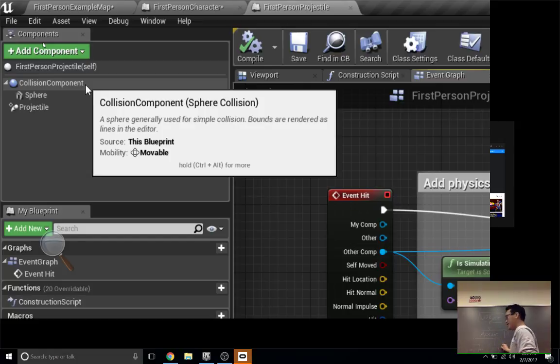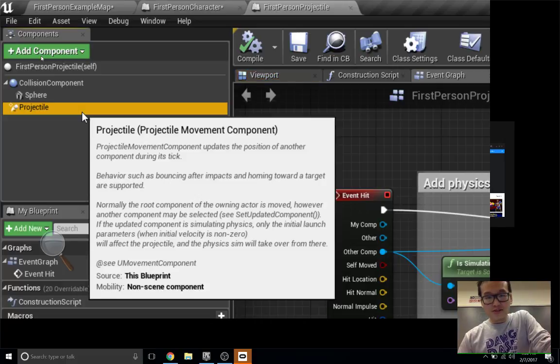Yeah, something like that. So in theory, you can have an actor that's empty, that doesn't have any mesh. He doesn't have to do anything, all he does is logic. It doesn't have a geometry in the scene. But this thing has a sphere and has a projectile component.